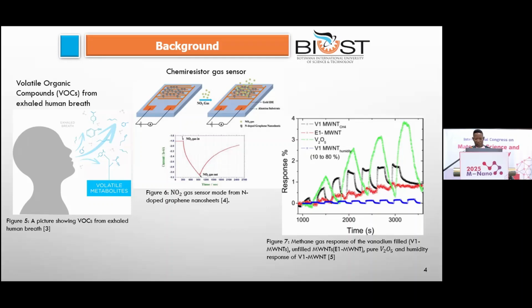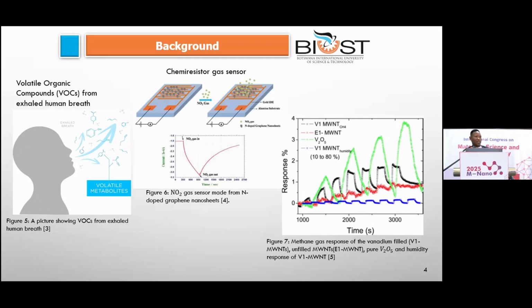Studies have shown that when you encapsulate the metal oxide into carbon nanotubes, as seen in this research, you can tune the selectivity and shorten the response and recovery time. This is the study that was done by my supervisor in Botswana. So from this knowledge, we now can